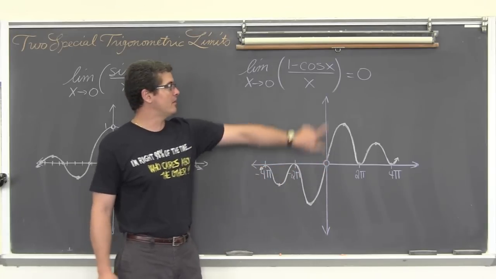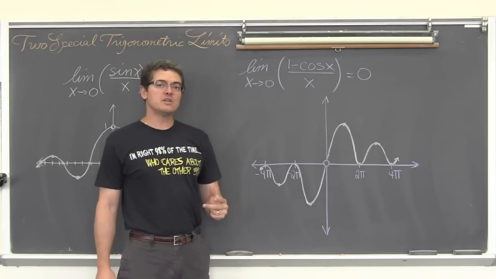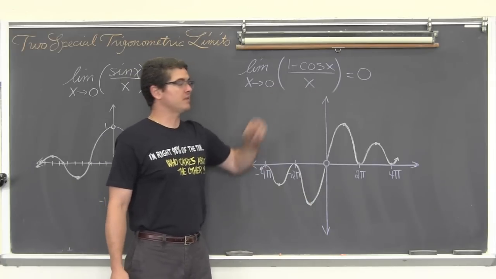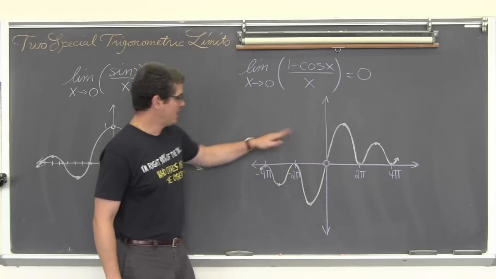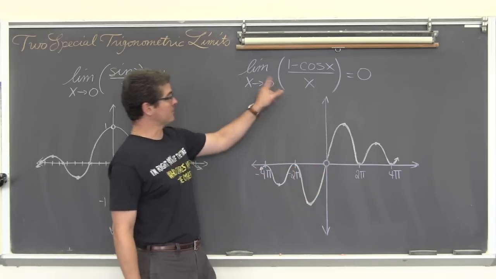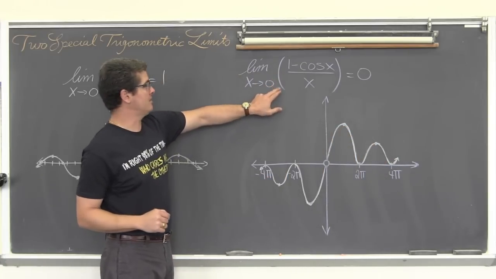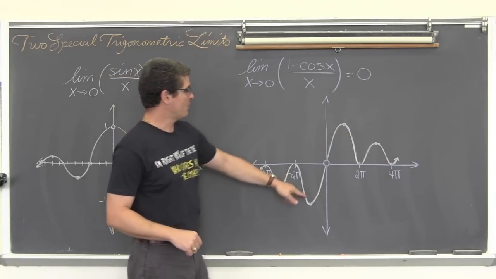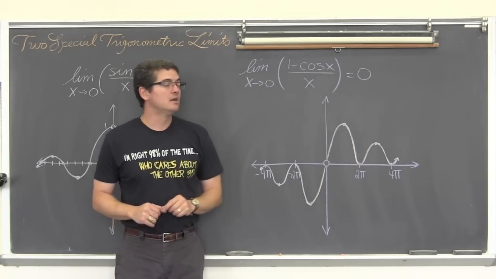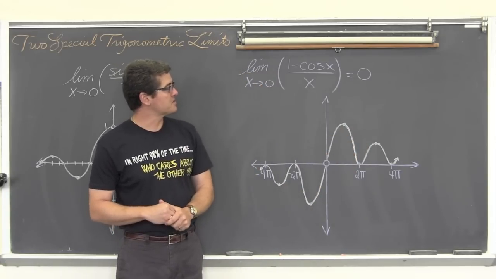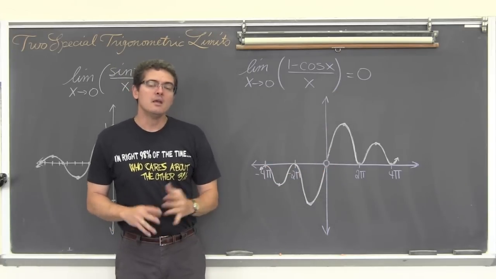Well, at (0, 0), again, you can't divide by 0. With this particular ratio, we do not get a vertical asymptote at x equals 0. We have a hole. So again, we have another removable discontinuity. As we approach 0 from the left, with a little negative exponent, and as we approach 0 from the right, if you're writing your one-sided limits, that'd be a plus up here in the exponent. We are approaching 0 from both the left and the right-hand side, so thus the limit of (1 minus cosine of x) over x as x approaches 0 is 0, with that hole right there.